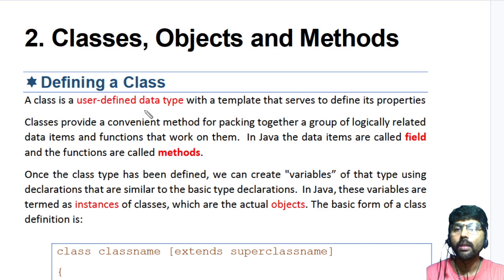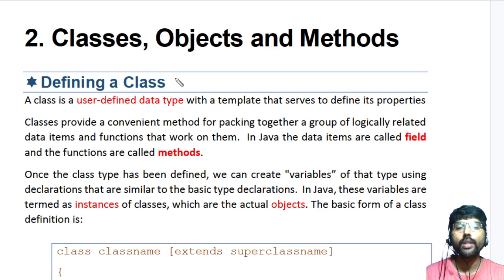Second chapter: classes, objects, and methods. The first one is defining a class. A class, as you already studied in the last class, is a convenient method for packing